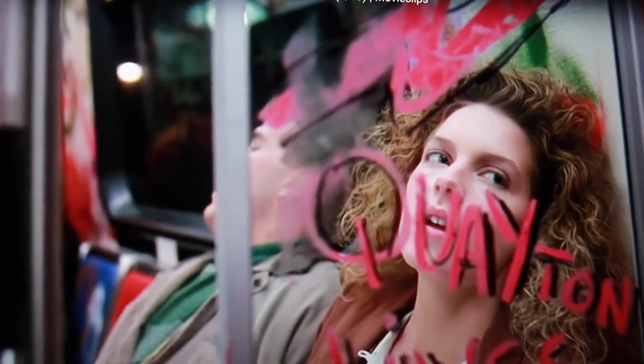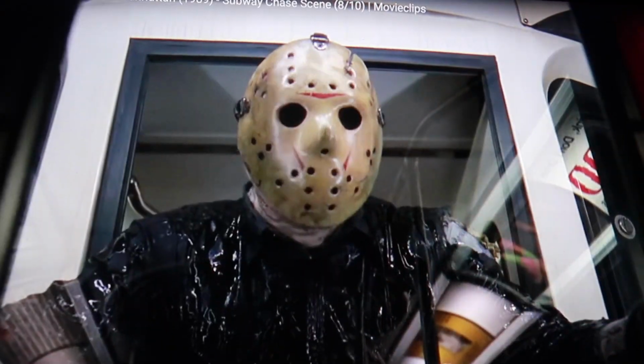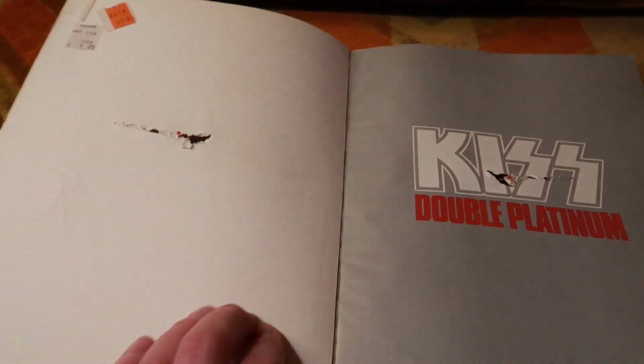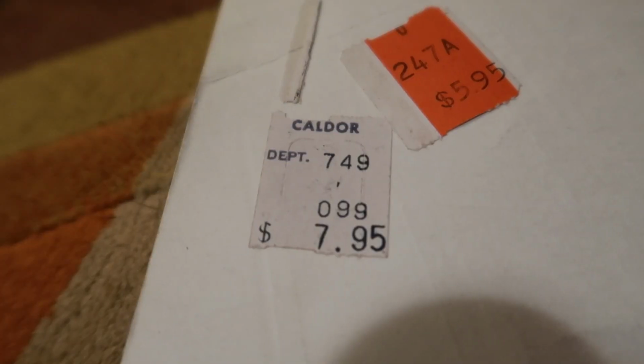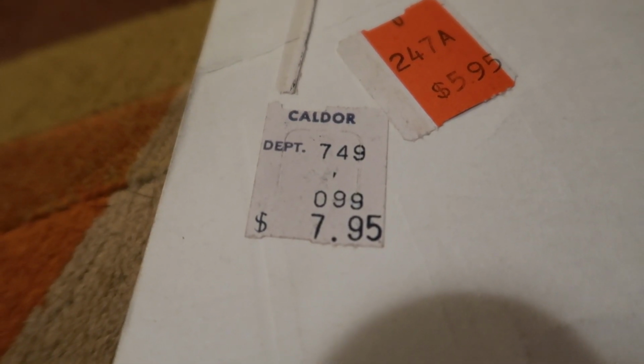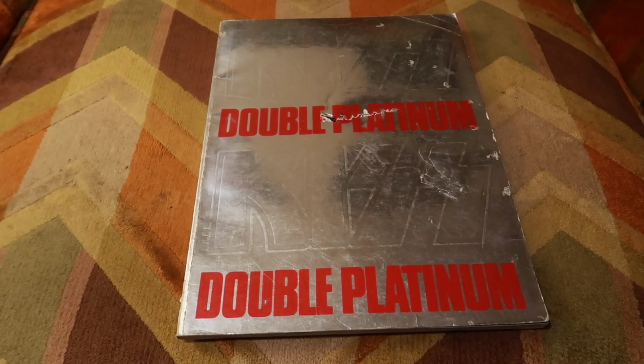Jason Voorhees. What have you done? So we open it up, of course, the gash is there, but beyond the gash is this price tag from Caldor. Department 749, $7.95. Now Caldor was a department store, and I want to say the New York area up there, out east,